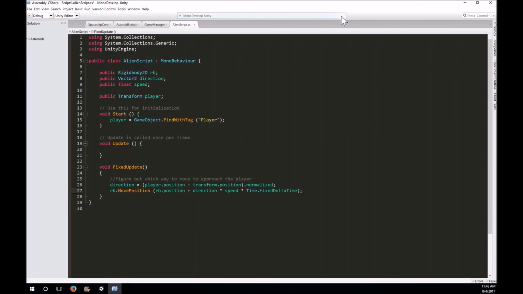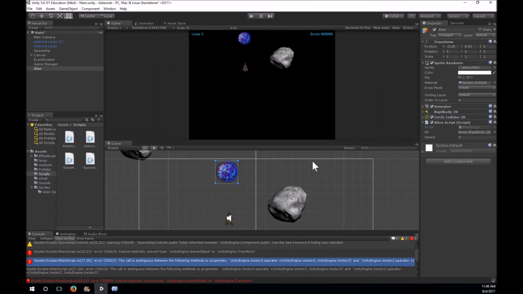And that way, if for some reason one computer is running a different fixed update time cycle than this one, it should even it out so that they're the same. Alright, so that should cause us to move towards the player. So now all we have to do is go test this out. We'll go out here to